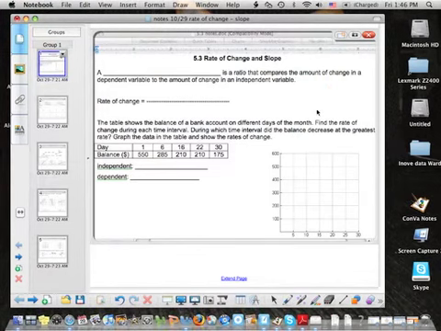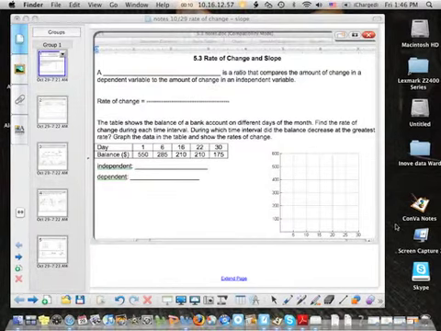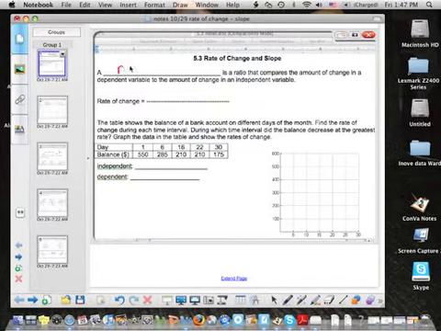Okay, section 5.3 is rate of change in slope. Basically what we're doing is transitioning over from calling our rate of change into slope. And the reason why we're doing this is because we're looking at data on a graph now versus looking at it on a table that we did from the beginning. So a rate of change